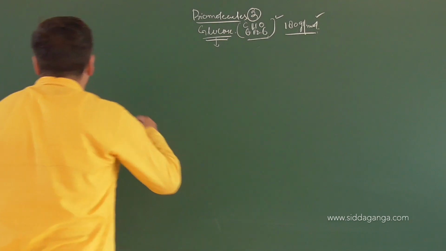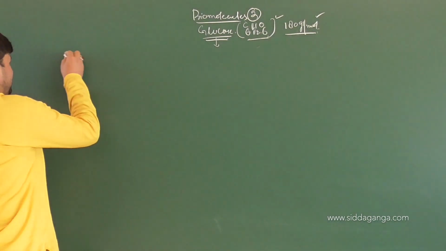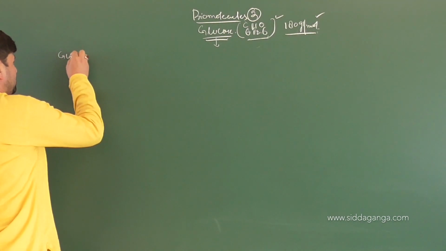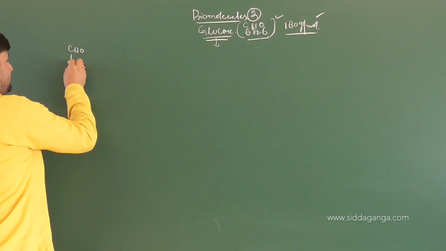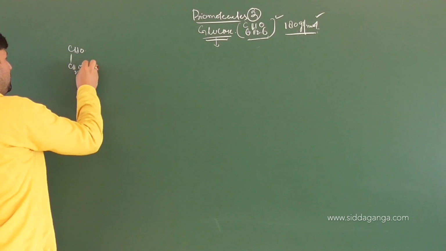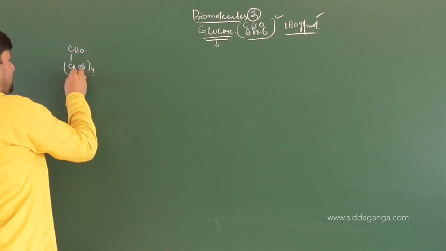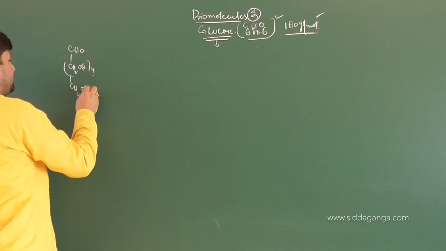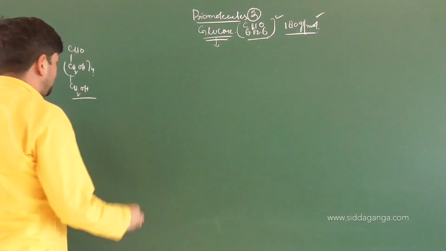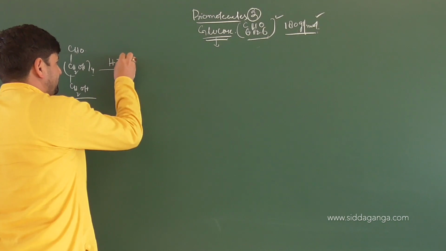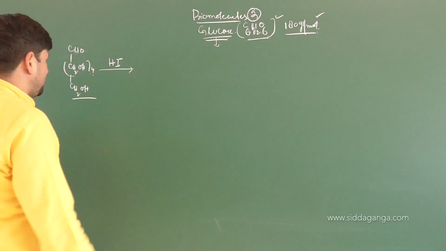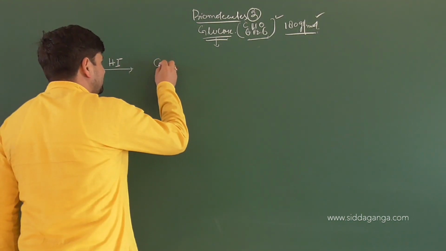Also, glucose, I'll write down CHO, then CH2OH 4 times, then CH2OH. When this was treated with hydrogen iodide and heated, it was found out that